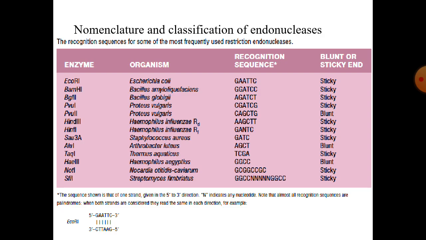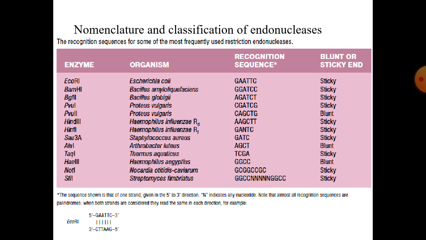Nomenclature: the endonucleases are used vastly in the field of genetic engineering. So, to know the nomenclature and classification of these endonucleases is very important. To describe a few, in the image you can see EcoR1 and BamH1. How is it named? Generally, it is named with the organism it is derived from. Example, EcoR1. It is derived from E. coli. So the first three letters of that organism are taken along with R, representing the strain from which this enzyme is derived, and one here in EcoR1